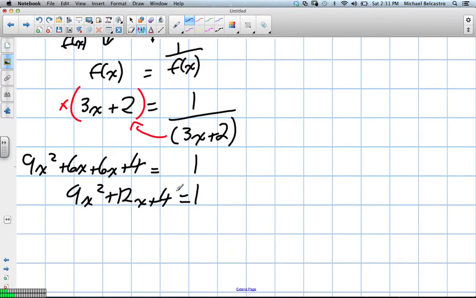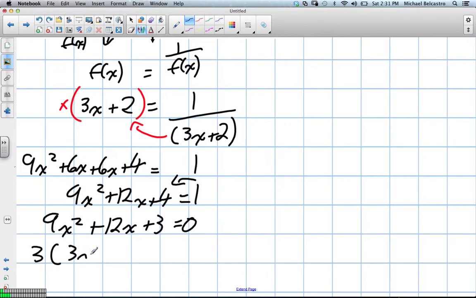In order to solve it, we have to set it equal to 0. So we bring the 1 over, we get 9x squared plus 12x. It becomes subtract 1, so plus 3. I can factor out 3 as a common factor. So this would become 3 times 3x squared plus 4x plus 1. Okay. Now, I can either factor or use the quadratic formula to find out what those 2 points are going to be. Okay, so